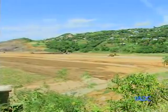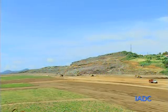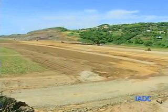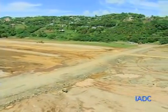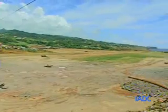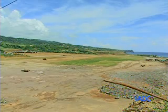However, the biggest movements right now that we need to show you would be on the runway. If you look carefully, you would see that we have filled up the runway so much that that gully that used to be in the middle there, where we had box culverts installed, is pretty much gone. We no longer have that ditch in there. We have filled that all up and we continue to fill the runway strip. So right now we have almost a level field going from the end of the first kilometer right back to where we intersect with the second, and the filling up process continues as we get ready to start the base